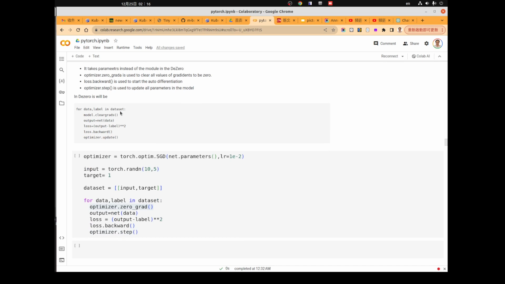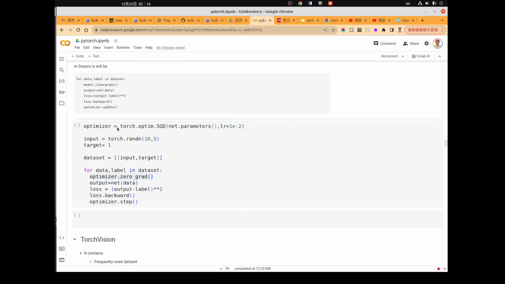We will not discuss the details here, but the thing we need to know is that in order to update the parameters, we need to have an optimizer, and there are a lot of built-in optimizers inside the PyTorch framework.